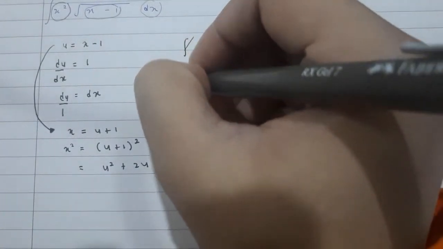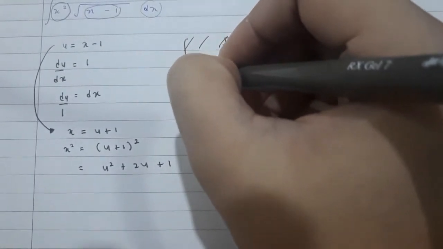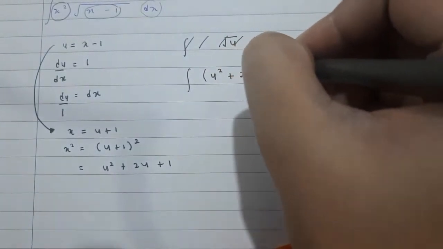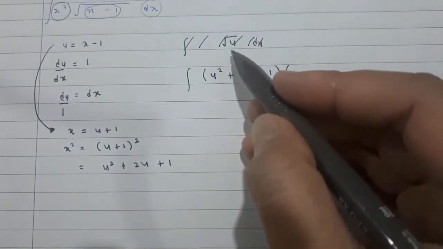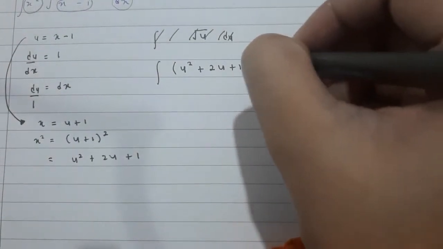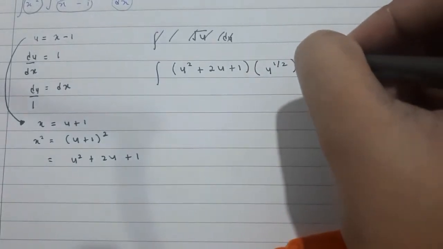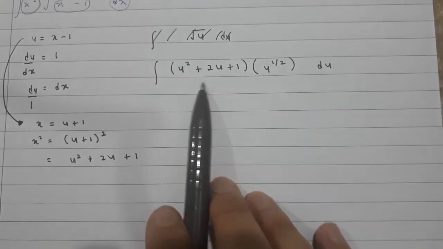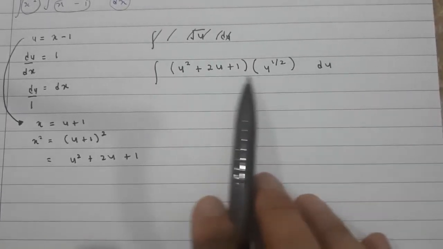Then multiply by square root u. Square root u is equal to u power 1 over 2 du. Now that we have replaced everything in terms of u,